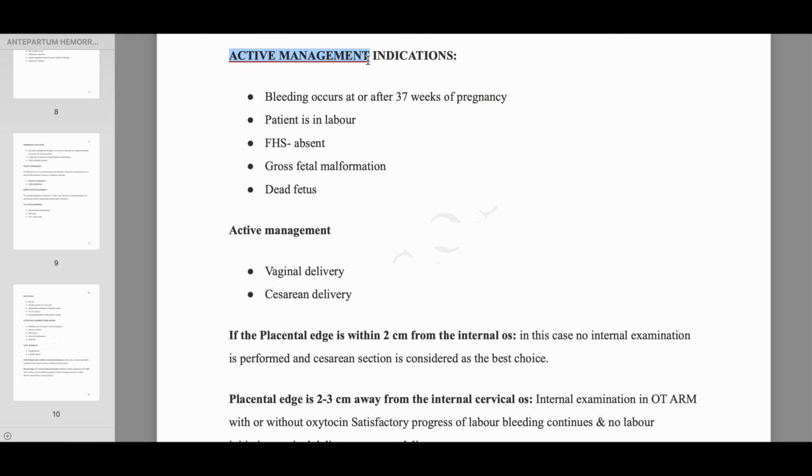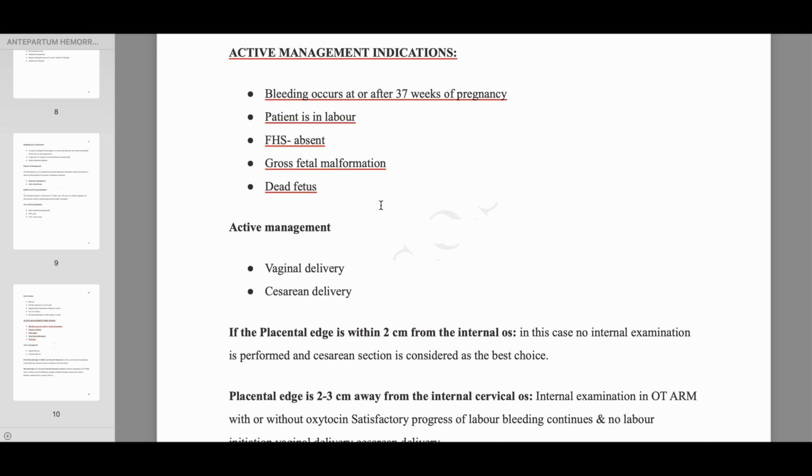So now let's see the active management of placenta previa. What are the indications? Bleeding occurs at or after 37 weeks of pregnancy. Patient is in labor. FHS absent. Gross fetal malformation and dead fetus. These are some of the indications. So how can we manage this condition very actively? In the active management, we can go with vaginal delivery or C-section, or cesarean